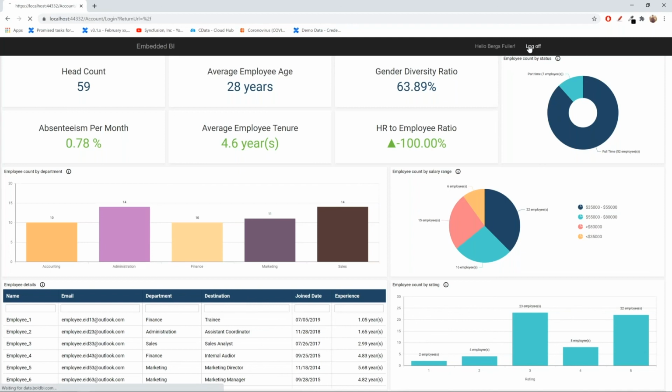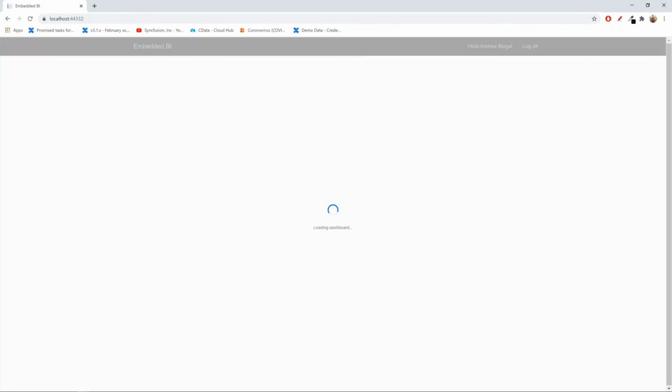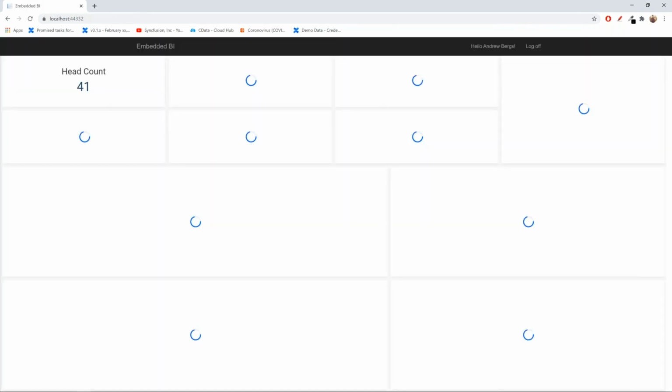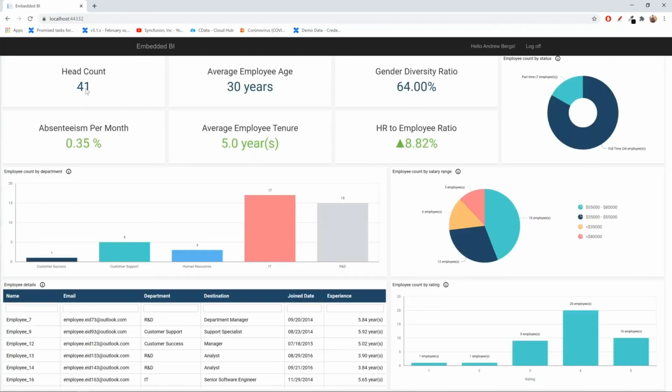Let me log off and log in as a different user. Okay, you could see the data is changed or loaded from the other data source that is specifically given for Andrew, and his own departments are loaded in the dashboard. Okay.